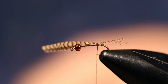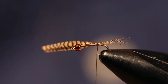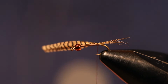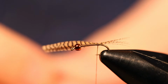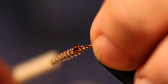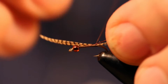The trick to tying this fly and making it look really right is to not add too many unnecessary wraps to the fly, because that makes the fly bulky, and we want a PMD nymph to be really slim profiled. Then I'm going to add a small Ultra Wire in copper brown just to hang out the back. Again, a couple of wraps. We don't want to over wrap the